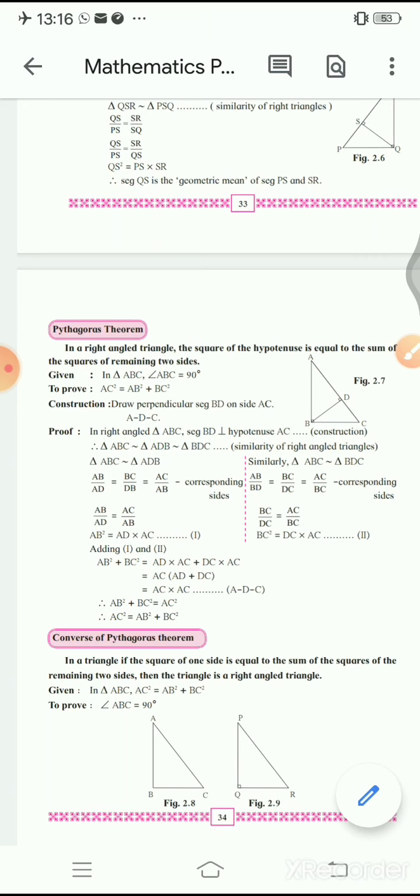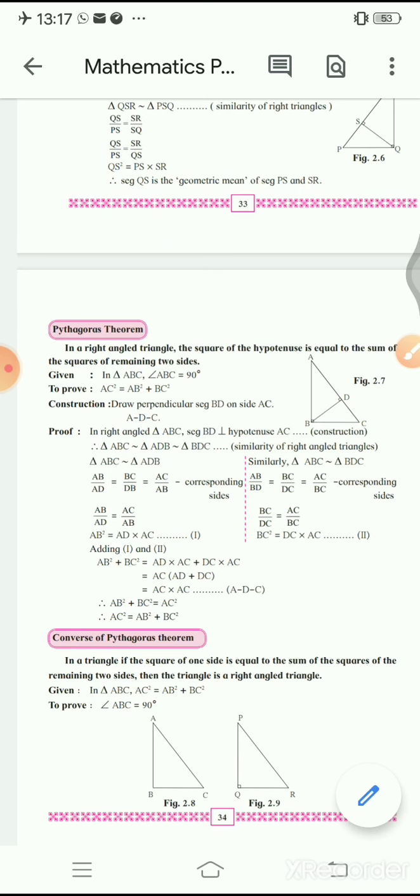So AB square plus BC square is equal to AC square. In this way we have proved AC square is equal to AB square plus BC square,